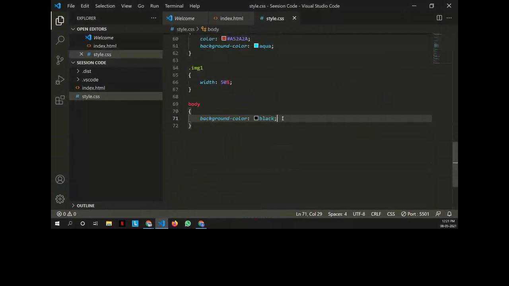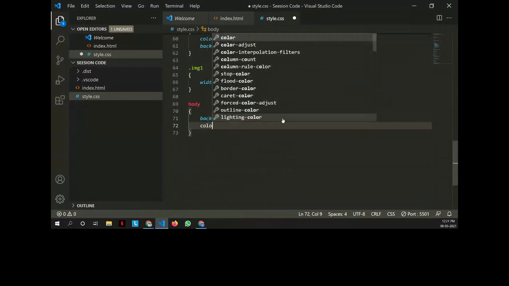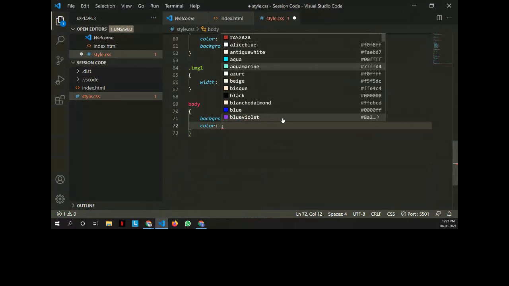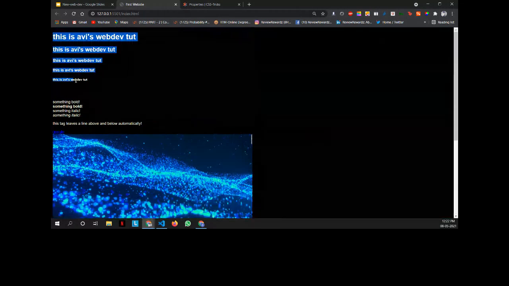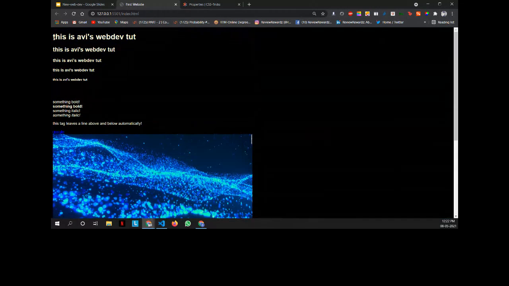And if I want the text to be visible, I'll just add the color white so that it's contrasting. I'm not getting what I want, so I'll just add beige. So guys, as you can see, all this text is visible here, but here it's not visible. It is not inheriting from the parent because we have added a special, unique class inside the element. But we haven't added any classes here, so it just inherits all the CSS properties we've added inside the body tag. So this was one part.